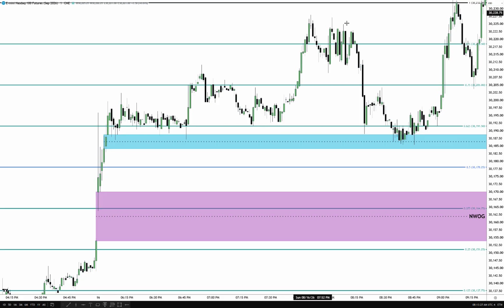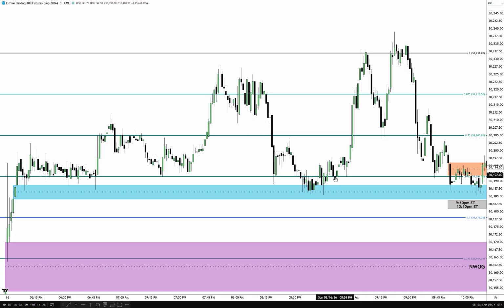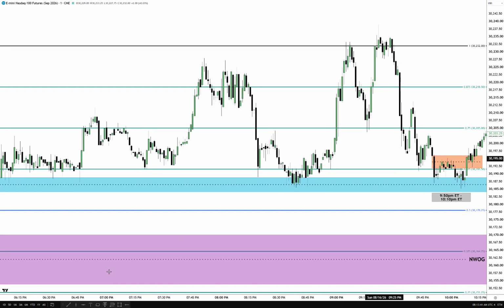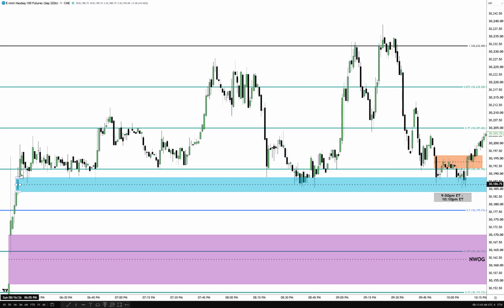Relative equal highs, the market rallies up off of that. Uses several things in here. I'm not going to draw everything out. This is the part that you do your own study on. But we take buy side here, and then right here, we pull right back down into that same bullish PD array. Notice the time it's forming. New week opening gap, and it's still inside of what? What time of day is that?